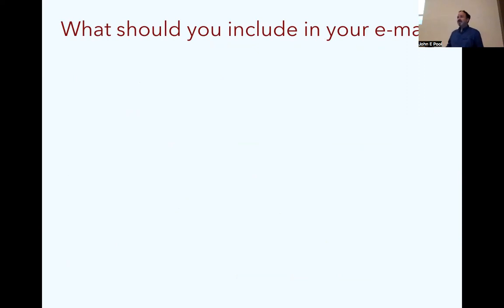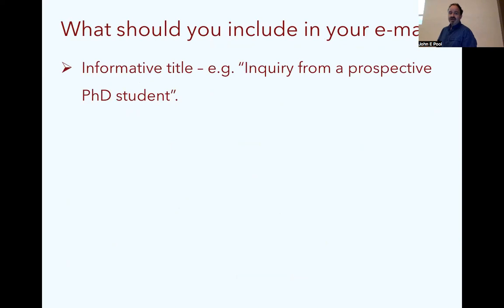It doesn't have to be that complicated. So for one thing, make sure the title of your email gets the point across. Don't just put something kind of nebulous, like "about your lab" or something like that. Make sure that the title actually conveys that you are a potential graduate student for their lab.